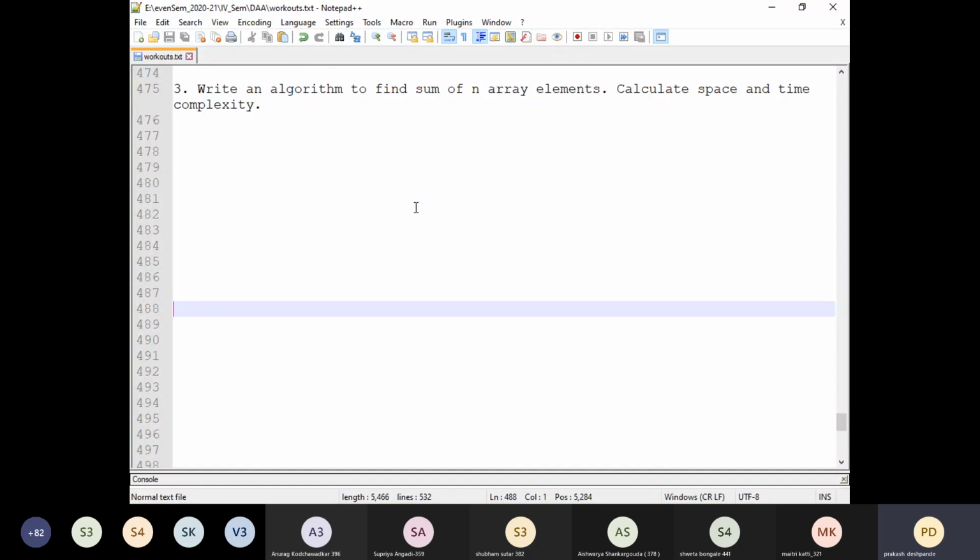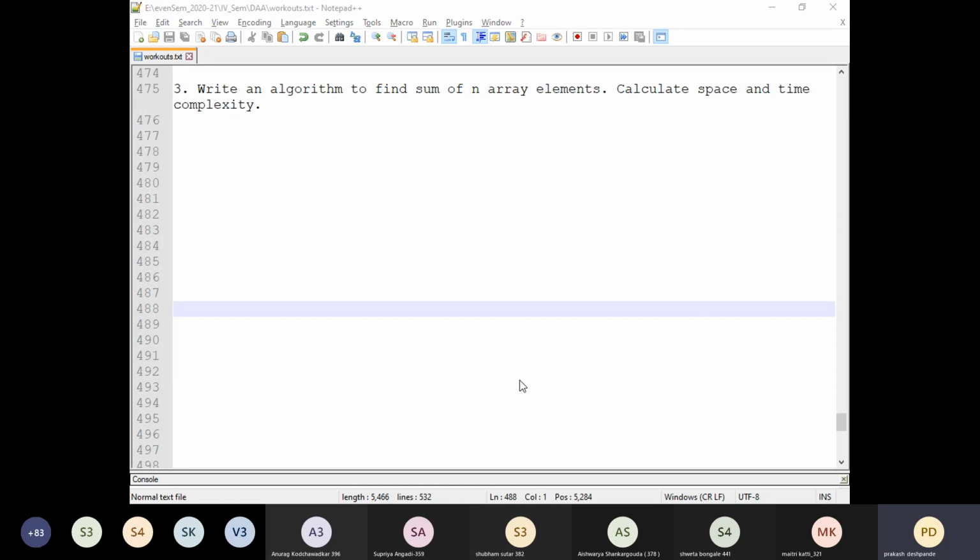Yesterday's class, we had gone through the three different conventions for the time complexity, which are part of the asymptotic notations. The first one is big O notation, second omega notation, and third is, which one is the third one? Can you remember? Theta notation. Right? The big O notation indicates the worst case scenario. Omega notation indicates the best case scenario, and the theta notation indicates the average case scenario.